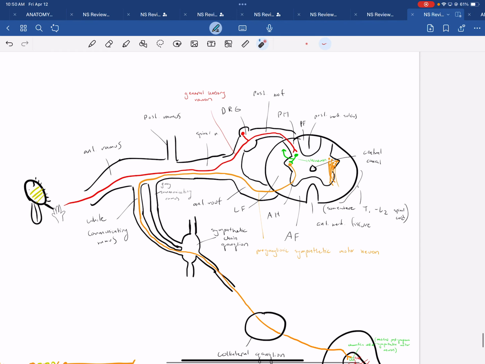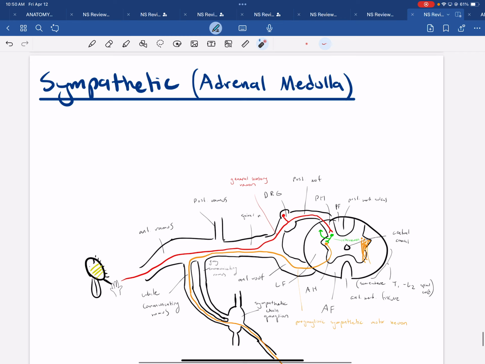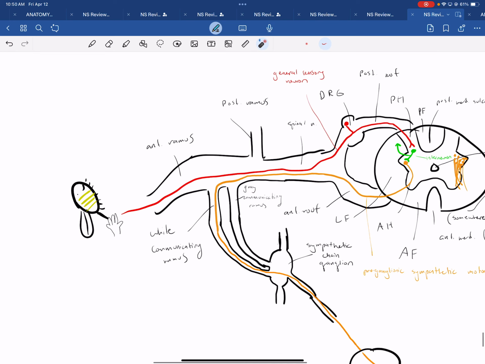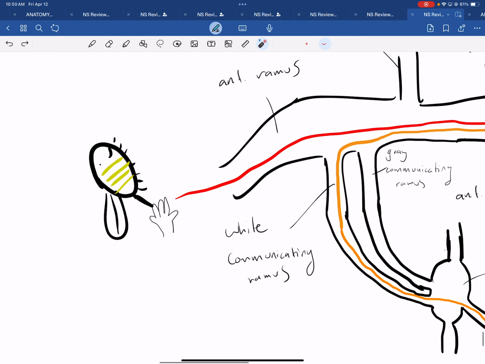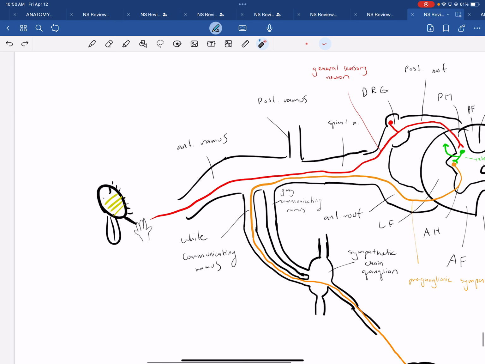Okay, here's one. This is like a sympathetic reflex. So this is if you need to release epinephrine, norepinephrine into the blood. So what happens? The stimulus is some threat. In this case, it's a bee sting, right? Here's the bee. I'm an artist, can you tell? The bee stings the hand,